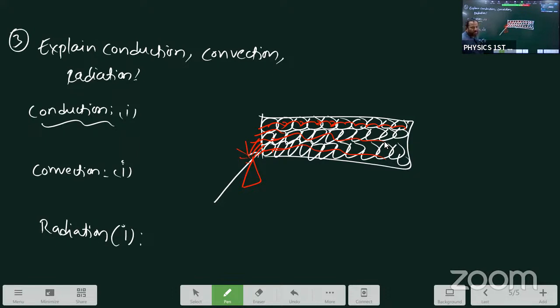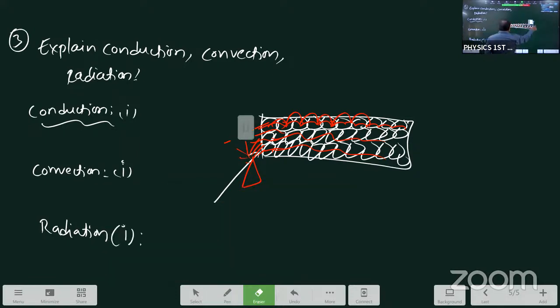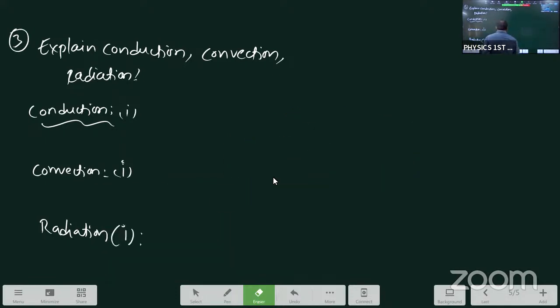This one is only conduction. What is the meaning of thermal conduction? Heat flows in solids. Heat flows in the substance without actual movement of particles. This one absorbs, gives to the second one, the second gives to the third, like this. That's why flow of heat in solids belongs to thermal conduction. But in the definition, you write: heat flows